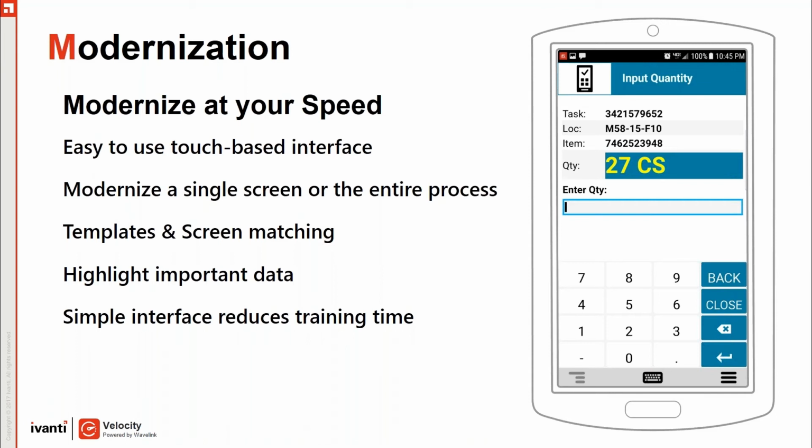Keyboards, as you can see, come up, and they're only showing, this is asking for a quantity, so it's only giving you the choice of a numeric keyboard. You can swipe and find other keyboards if you want to. You can see that the keys on the right-hand side are there for closing and back. The other thing you do at this point, and the last point, is you can actually manage those keys to